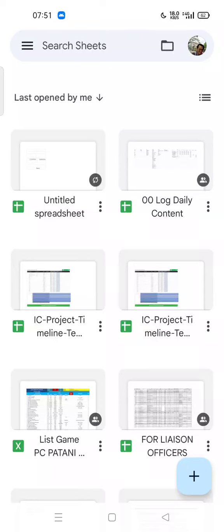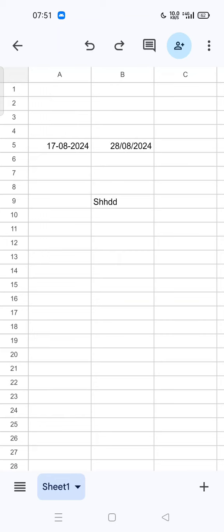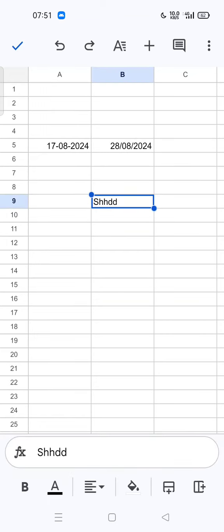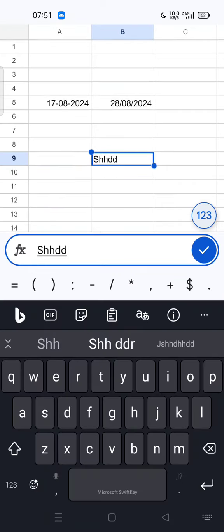Today I'm going to show you how you can add a line break. You can use line break in Google Sheets mobile version. All you have to do now is click or tap on your projects, and this is for example. So you can add line break by tapping on the text on the cell